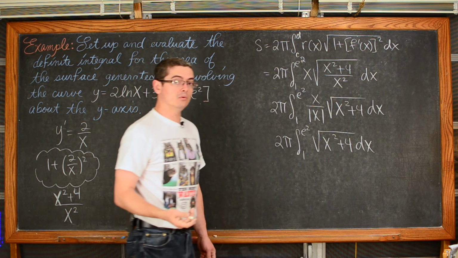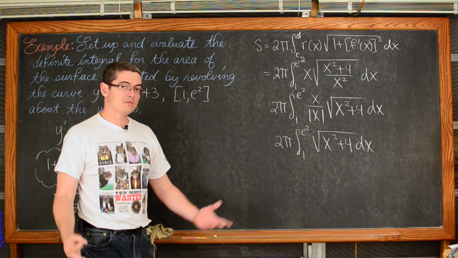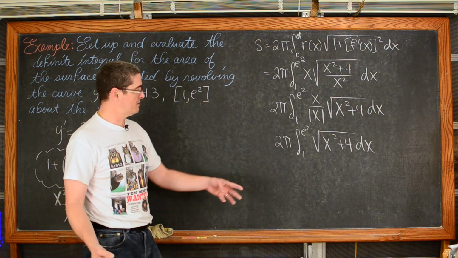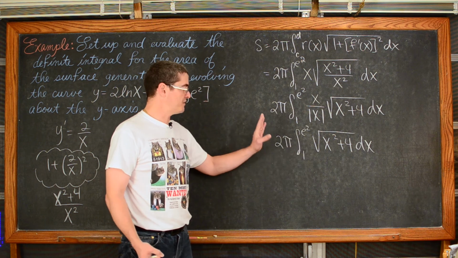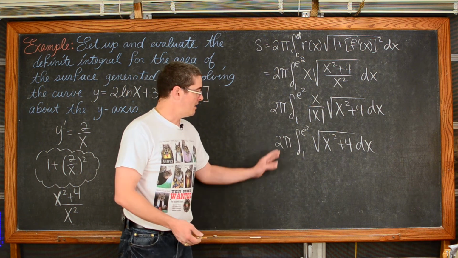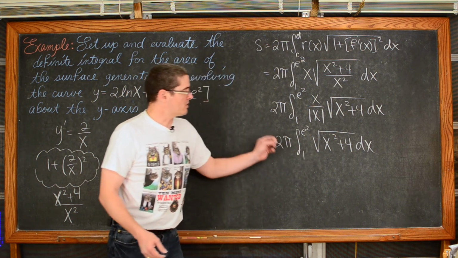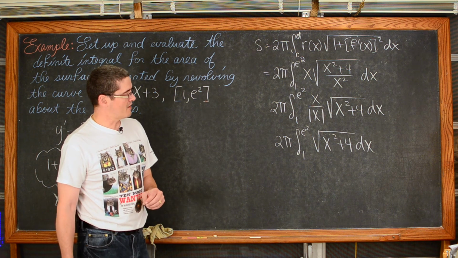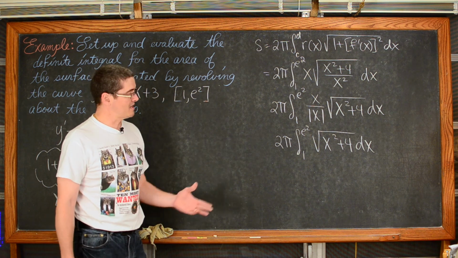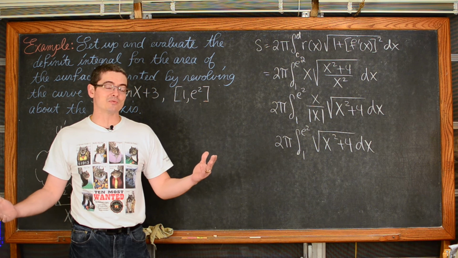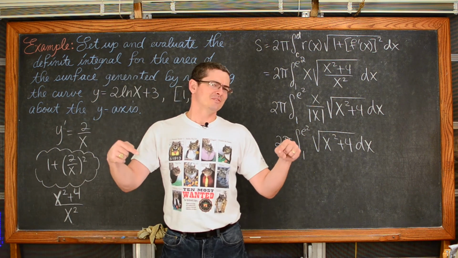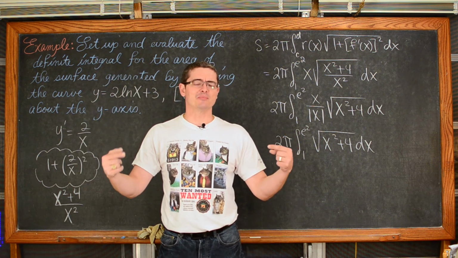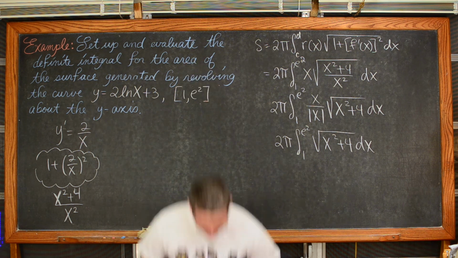Now if you let u equal x squared plus 4, then du is going to be 2x, but there's no x out here. So we're going to finish this with the calculator, using the numerical integration capabilities of our graphing calculators, and finish this last example. Well, finish watching the rest of this example, and then go do your homework.